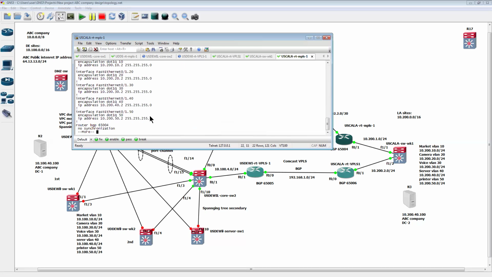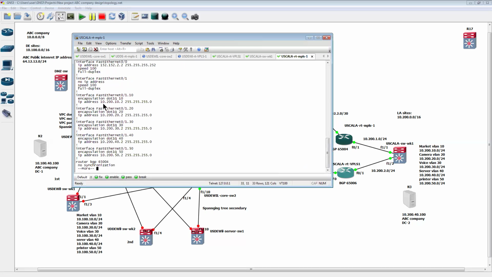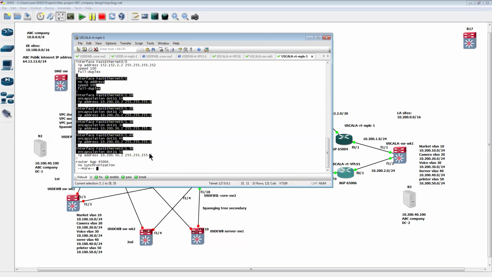Okay, so now we grab this one here just for temporary, so we have all here. From here, we copy this one out. Let's put it in the